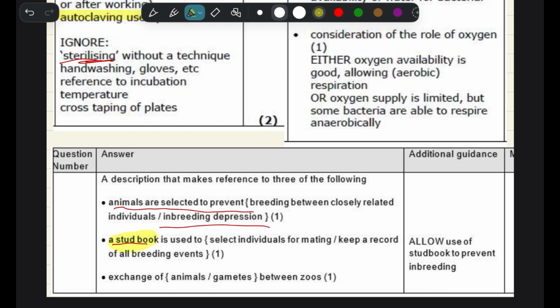So I'll actually highlight that so it's a bit more clear to you. But that's what we're using. And also we said about exchanging between zoos as well. I know I didn't write those down, so I've included the questions to make sure you can see it. But yeah, these are